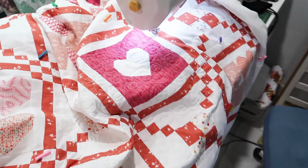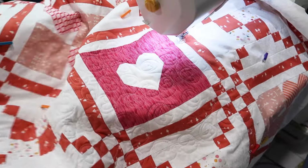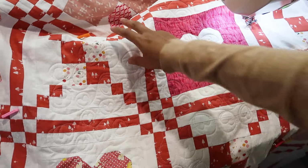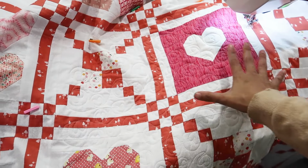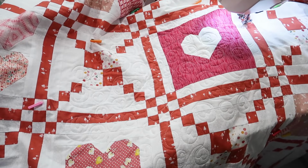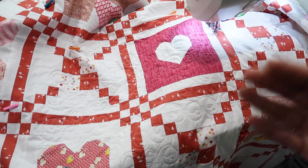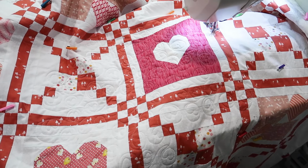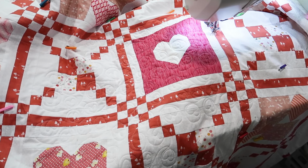So I have been quilting for about 10 to 15 minutes. I will show you my progress. I'm already taking a break. So you can see we started from here. And I wanted to cover this area here, and we've covered a lot of it within that 10 to 15 minutes. And that is how I do my large quilt, little by little, and it will eventually get finished. And I think the mindset that it doesn't need to be finished in one sitting is really important,